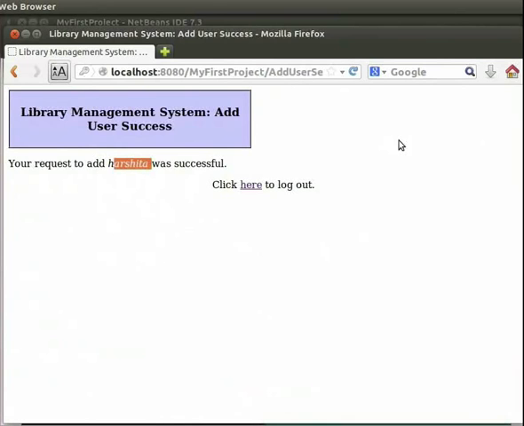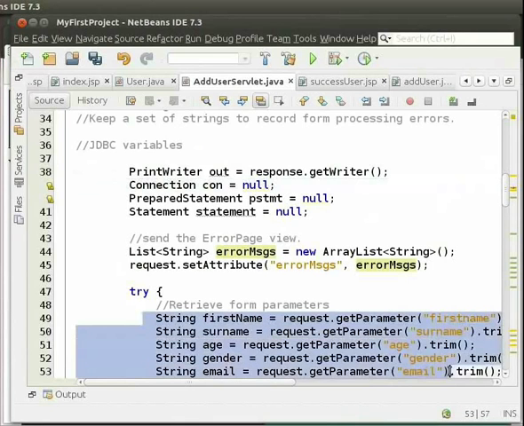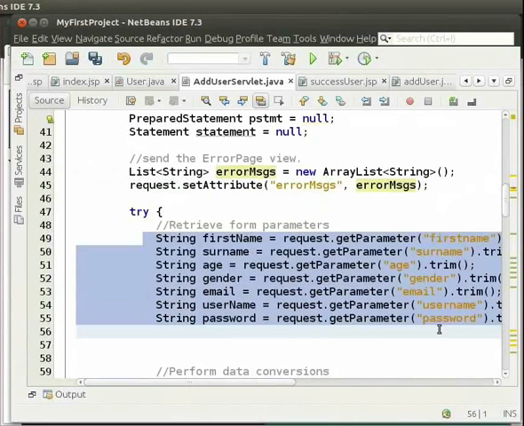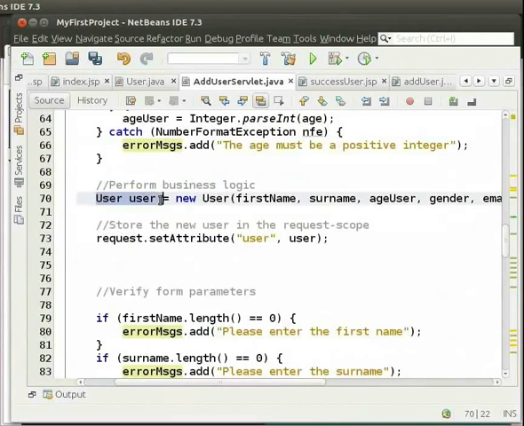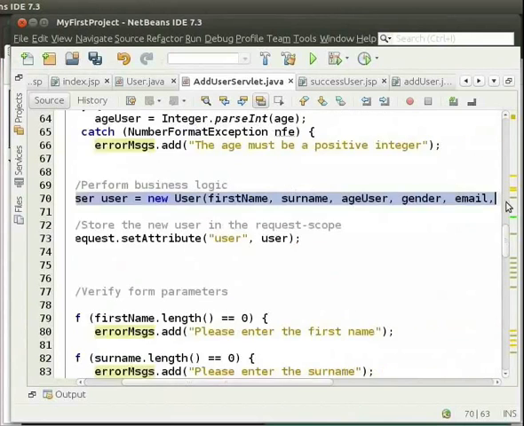So switch back to the IDE. Go to AddUserServlet.java. The steps are similar to those we had followed in GreetingServlet.java. First, we get the form parameters using the getParameter method. We initialize the variable user as an instance of the User model with individual attributes.